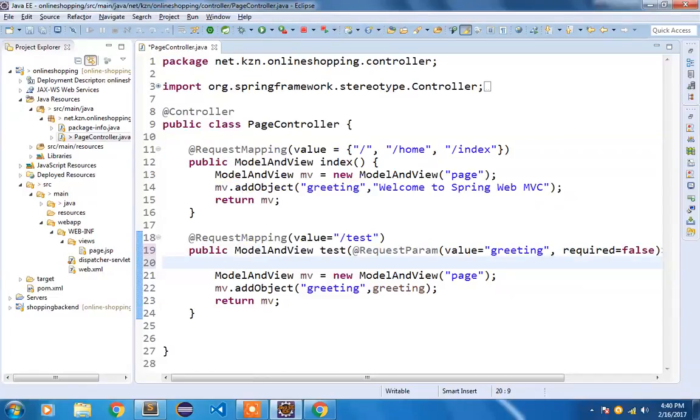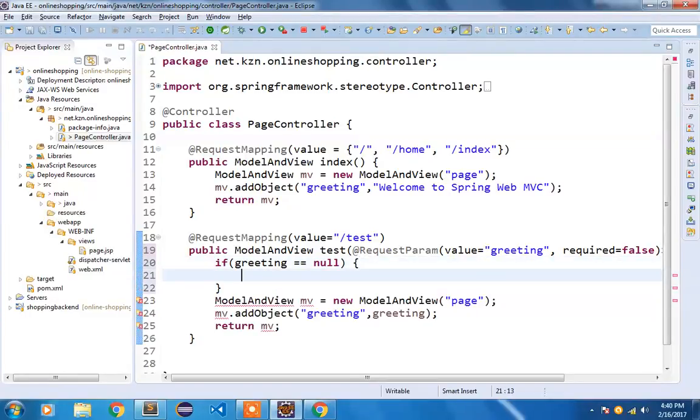So I'm going to do a simple check here. If greeting is equal to null, assign a default. So now if there is no greeting available in your query string, the default value would be hello there.